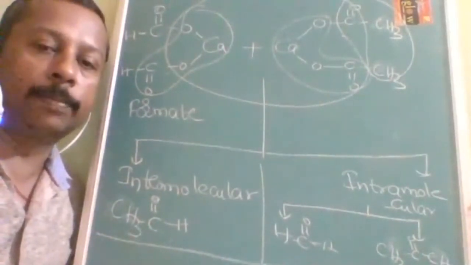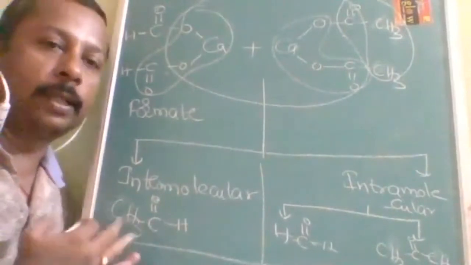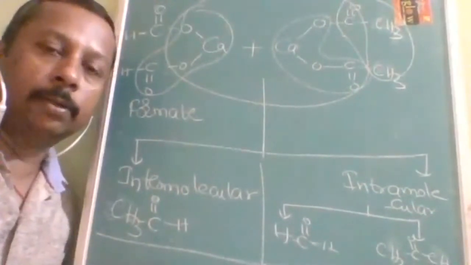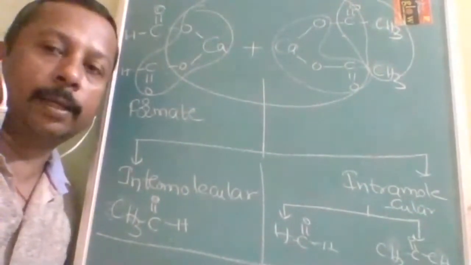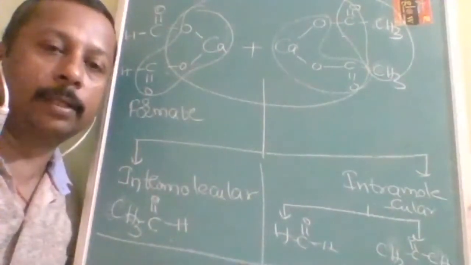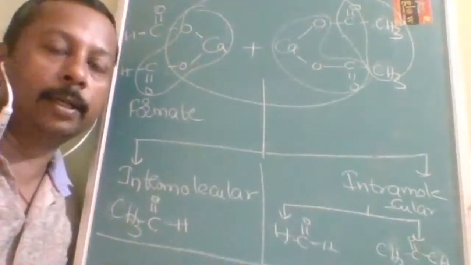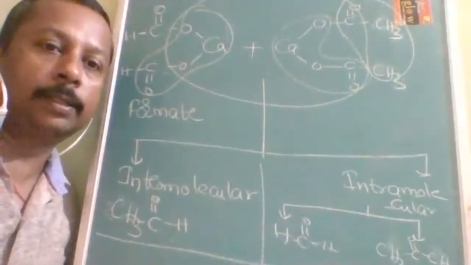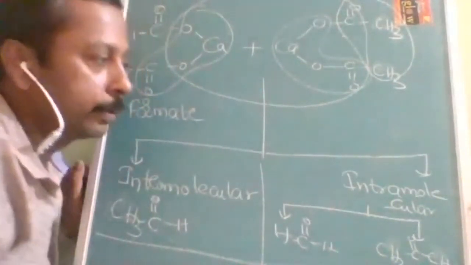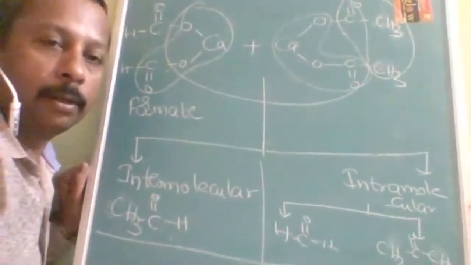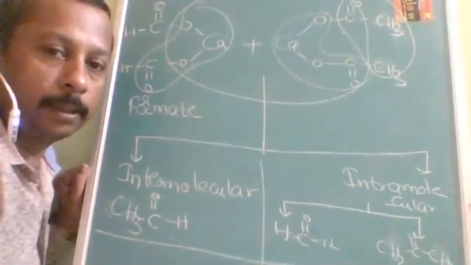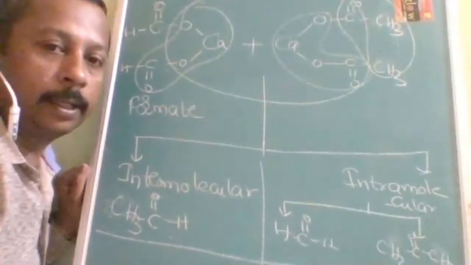So to avoid that, we are using other methods. What is the disadvantage of this? When we are trying to prepare by using two different salts, there is a chance of low yield. Hence, this is to be avoided in such conditions. The first method of preparation of aldehyde and ketone by using calcium salt is dry distillation. That is the first method.